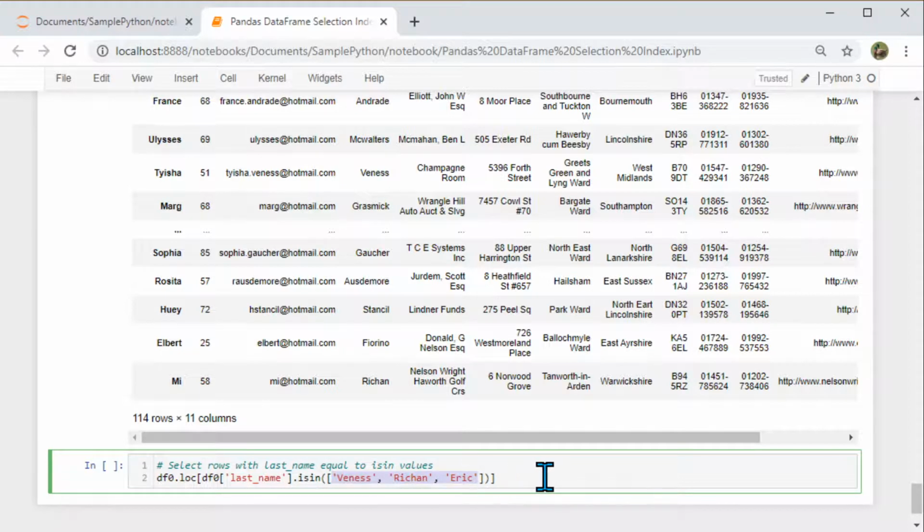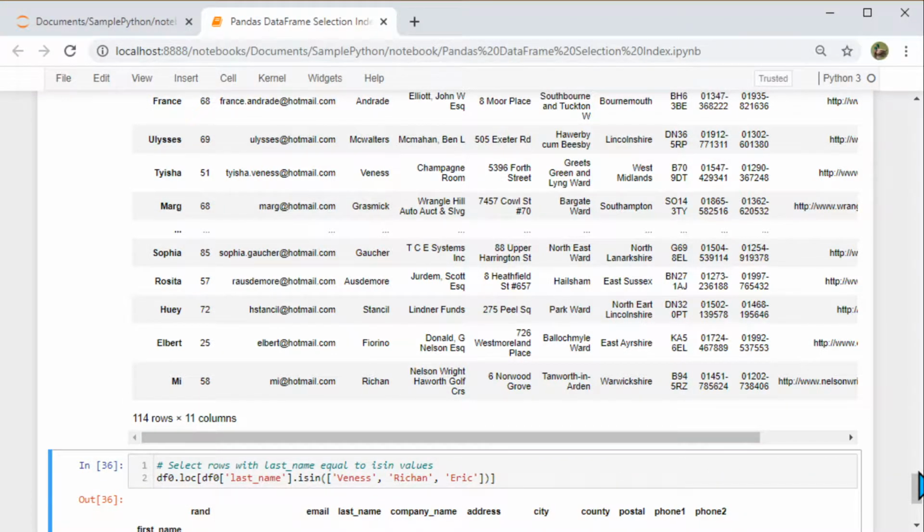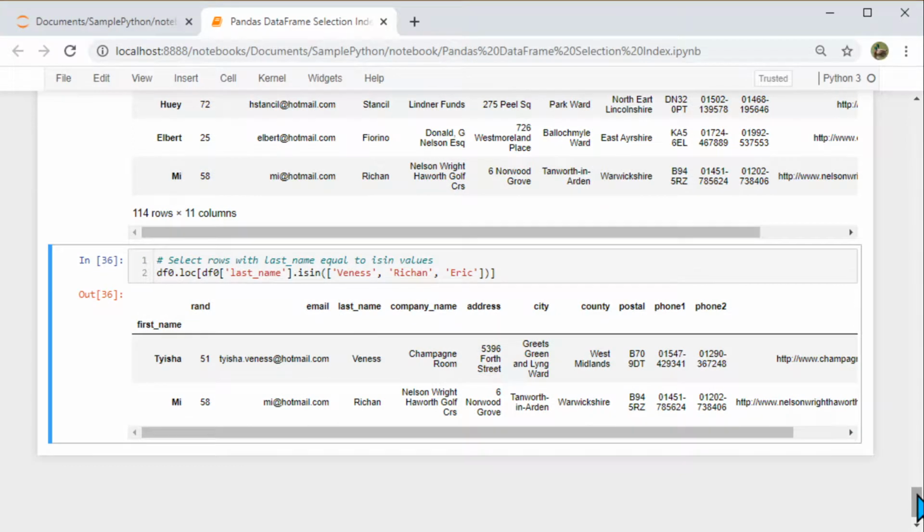So you know the last name is one of these three, and you want to search, so hopefully it will return three rows because these are the three values we have specified. Let's execute and see if we get three rows. And if you notice, when I execute I get only two rows. So maybe one of them was not the right last name as in the system. Maybe it was a first name, but two of them are the valid ones and we show that here.